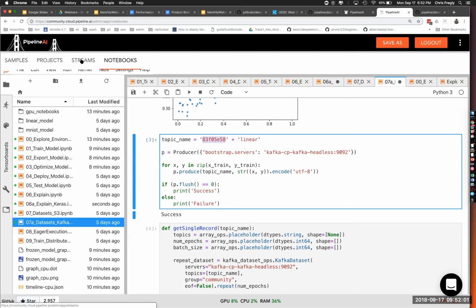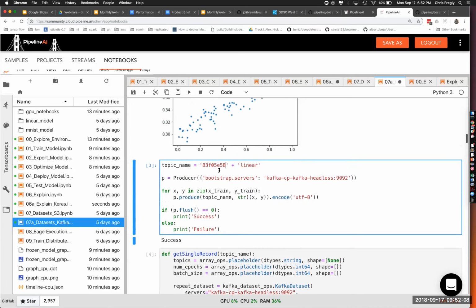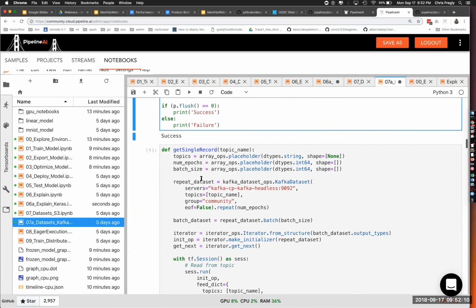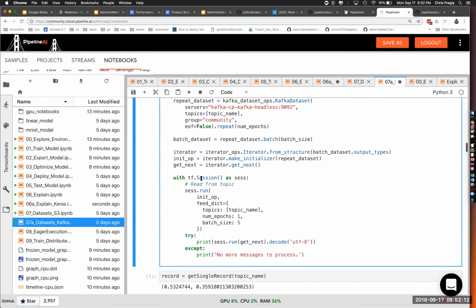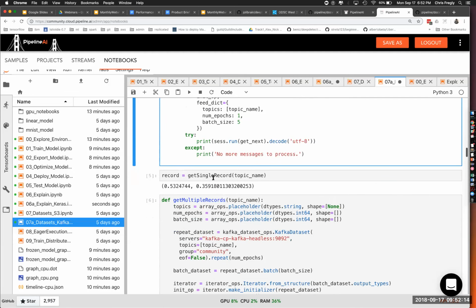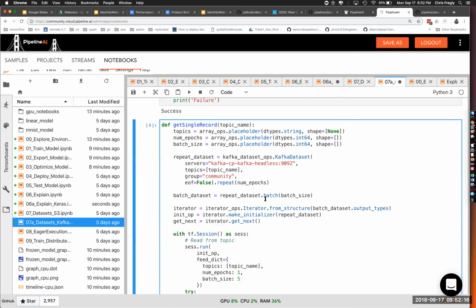So here we just added a whole bunch of data that we generated up above, and now we're just going to get either one record at a time, using the Kafka dataset API, or sorry, the TensorFlow dataset API, but the Kafka implementation.